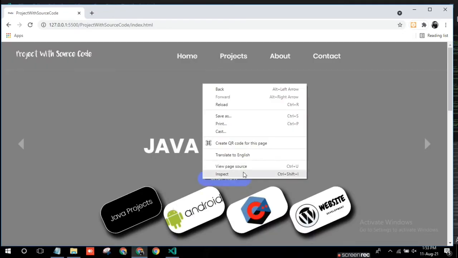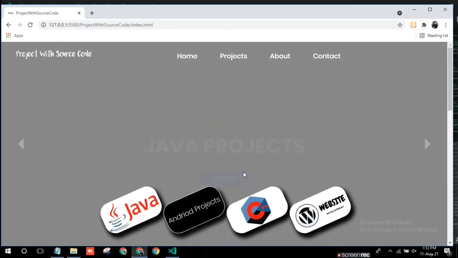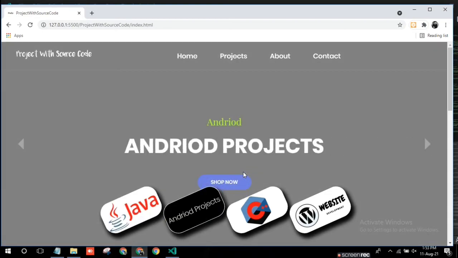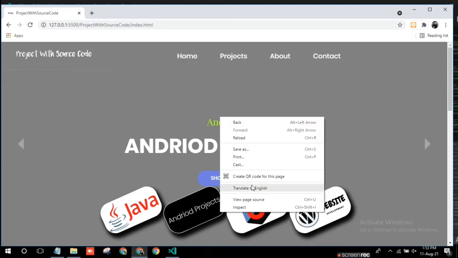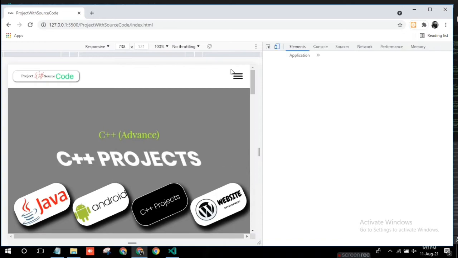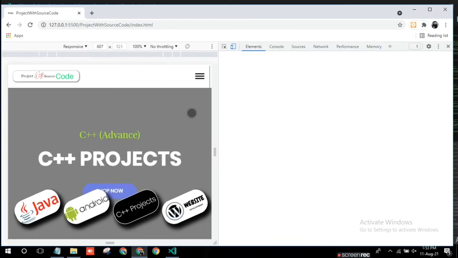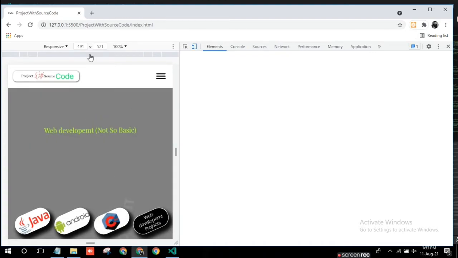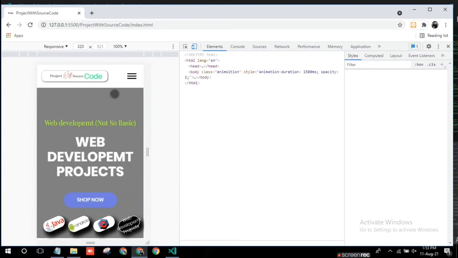Starting from the home page. Here it is, the home page, just loading. Inspect, view source code. Just open the mobile tab.